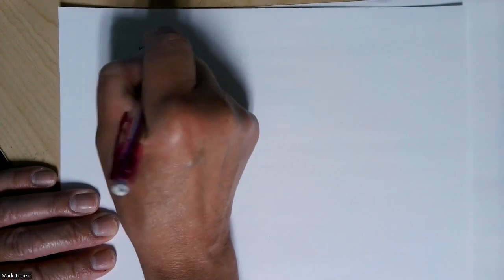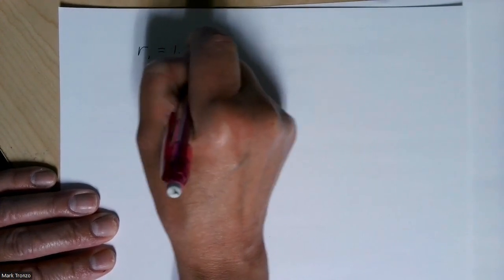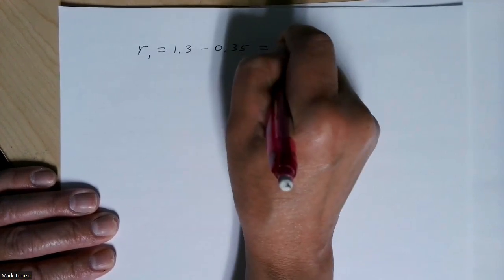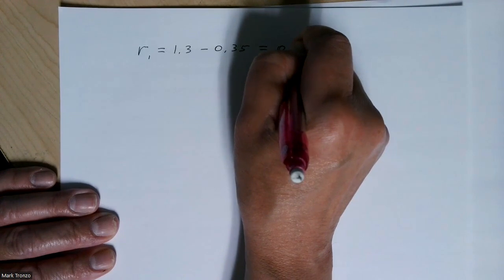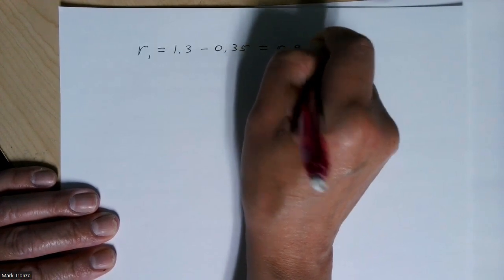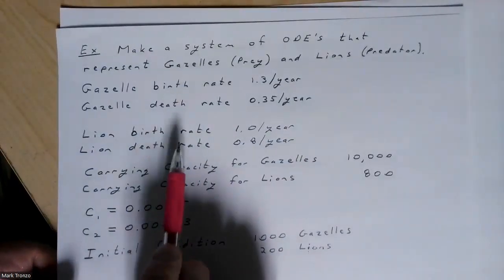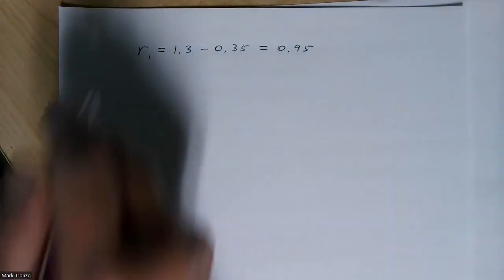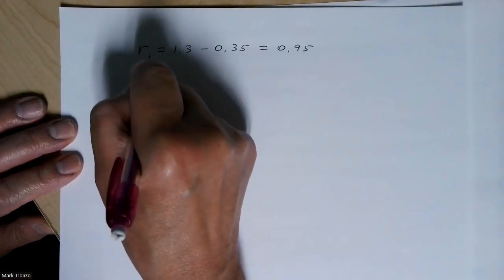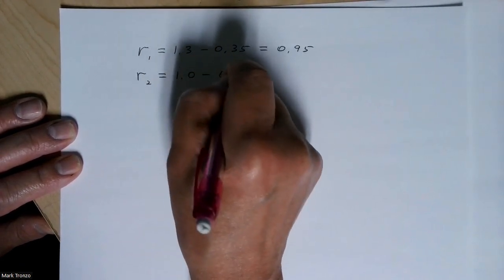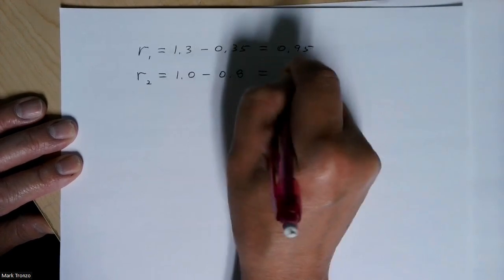So R1 is 1.3 minus 0.35, which looks like 0.95. Or you could just put it like that into the equation. It wouldn't really matter. And then the lion birth rate is R2, which is 1.0 minus 0.8,